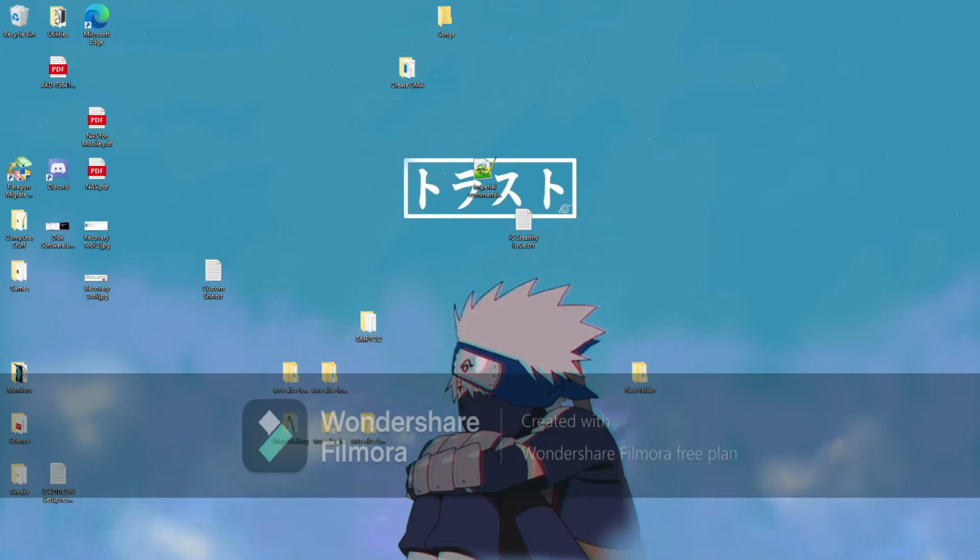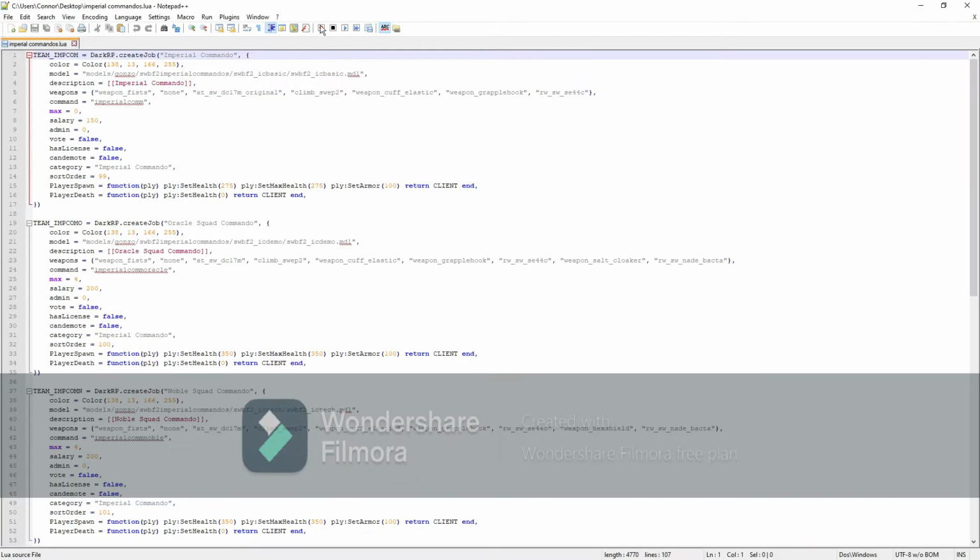So this one is going to be on job coding for now, until we can do a full one on DarkRP modification, which I'm planning on doing maybe today or tomorrow, we'll see. So, this is some example code that I have for one of the jobs that we have on the server